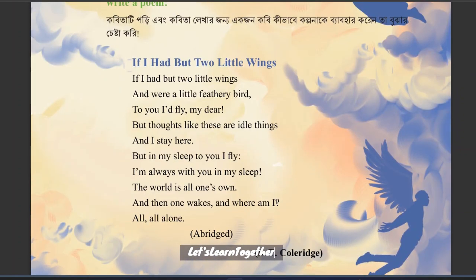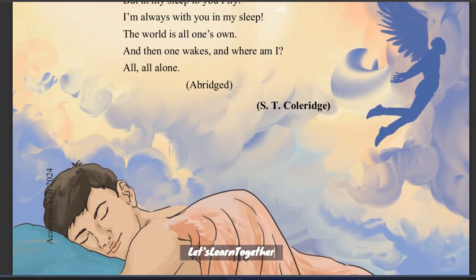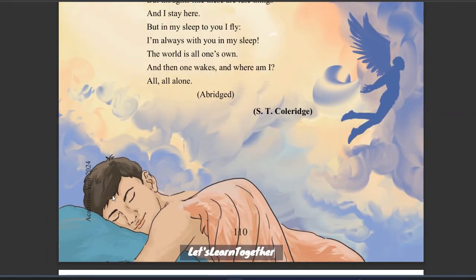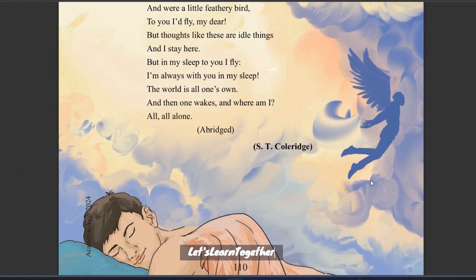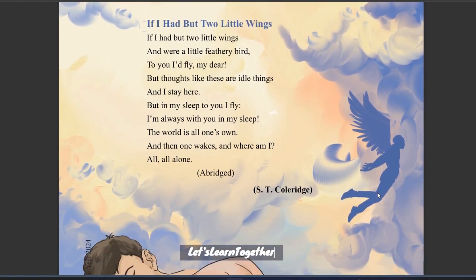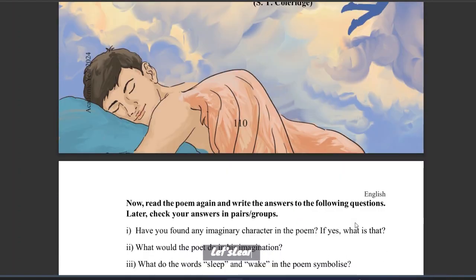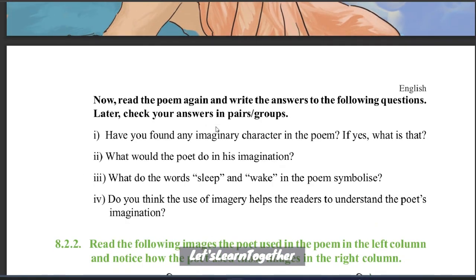I will definitely provide you the summary of this poem so it will be more clear for you to understand the meaning. And look, in this picture you can see that the person is sleeping, so he's in a state of deep imagination, and this is him flying to his dear one. This looks like a sky, so probably that person has died, or well, I'm not sure about it, but it seems like that person is no more, so it's not possible to visit that person in reality. That's why he wants to fly and visit that person. Anyway, now we can definitely answer the questions, but before that we will have a look at the summary. All right,